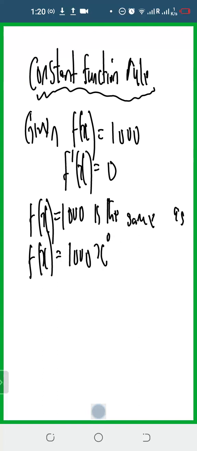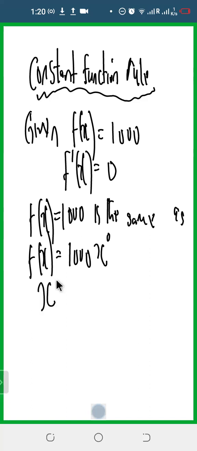So when you have a constant, it's the same thing as that constant multiplied by x raised to power 0. So if we apply the power rule of differentiation, which is when you are given a problem in this form,